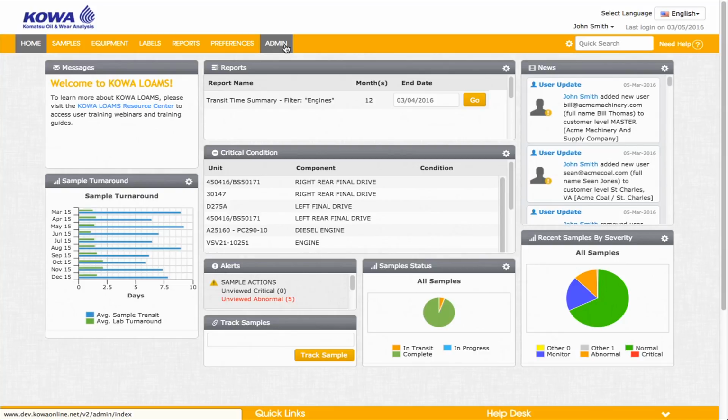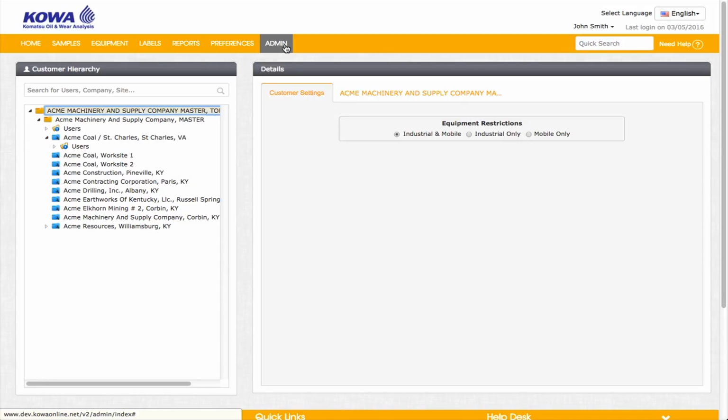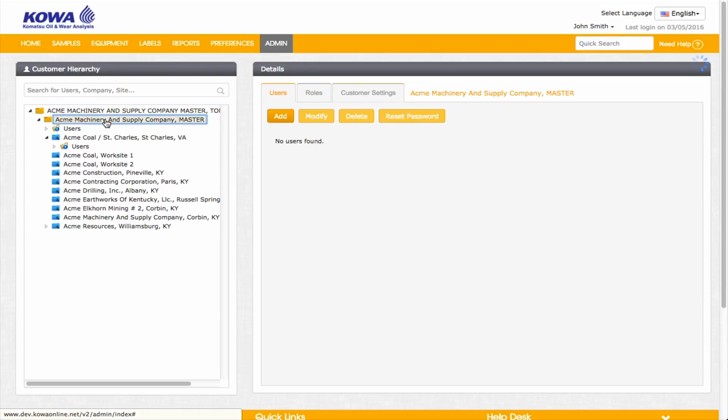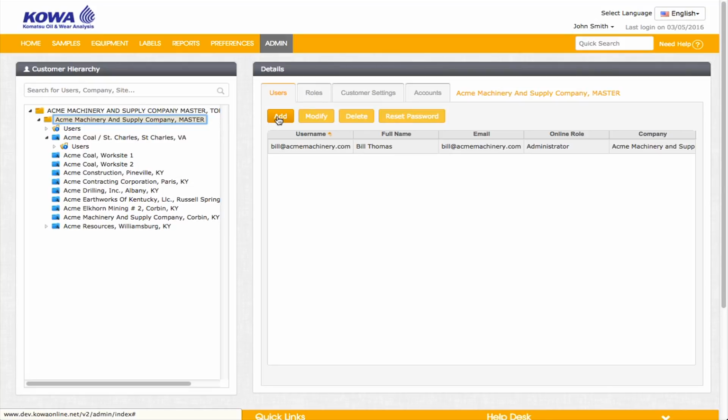Then click Admin at the top of your screen. If you do not have an admin tab, please contact the KOWA LOAMS administrator at your company or contact the KOWA LOAMS support desk. Clicking the Admin tab, you can now view the customer hierarchy. This shows you a complete list of all the users at your company who are set up to view fluid analysis reports online. Now to add a user, simply choose a folder on the left, then click on Add, shown